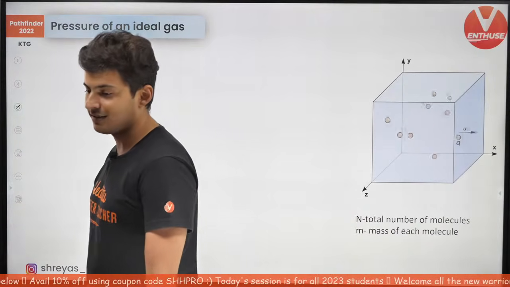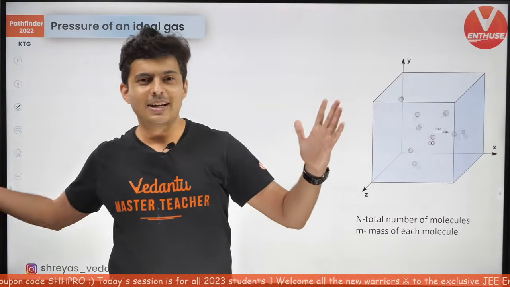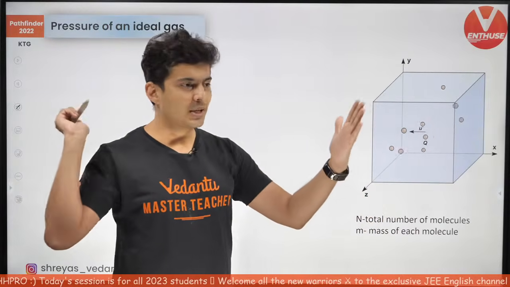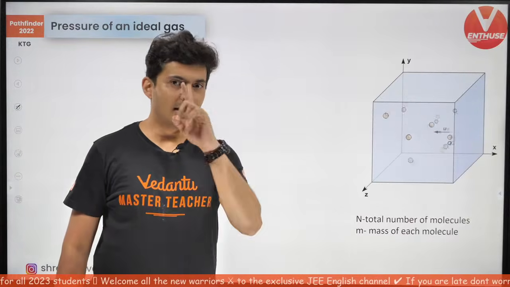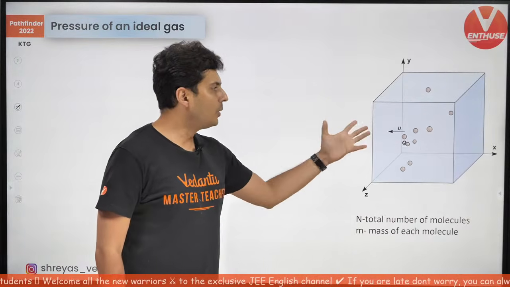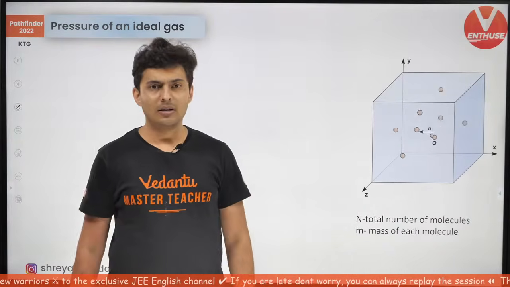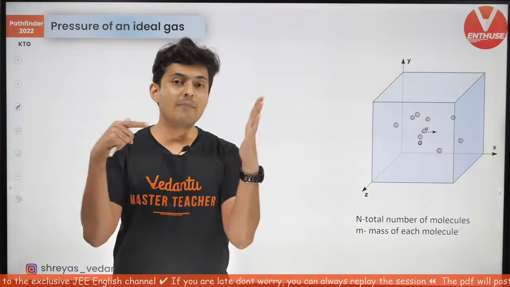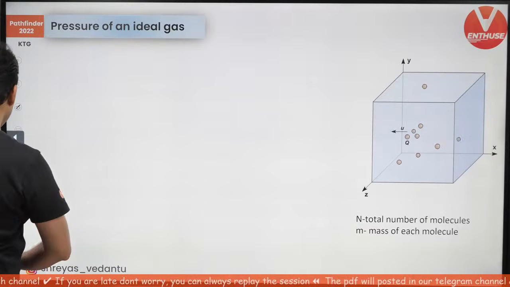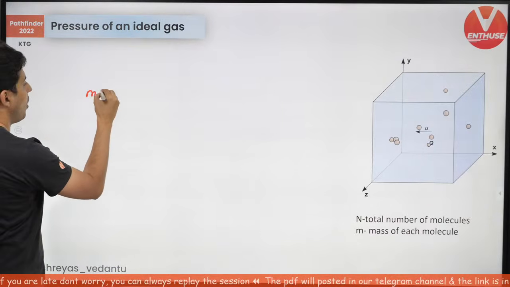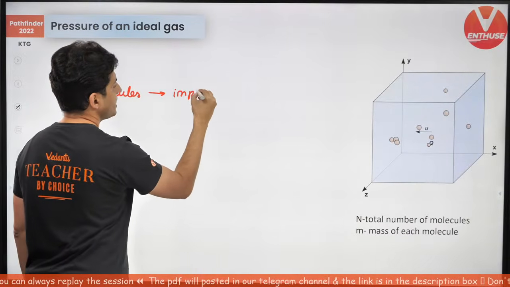Now, here is another interesting question. Remember back in momentum and collisions, whenever some object collides with a wall and rebounds back, it imparts some impulse, correct? Look at these molecules. Don't you get the same feeling? These molecules are colliding randomly with all the walls of the container. Aren't they imparting impulses? So, think about it. If the molecules are imparting